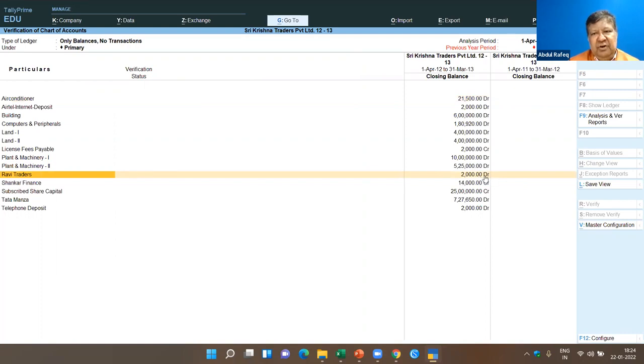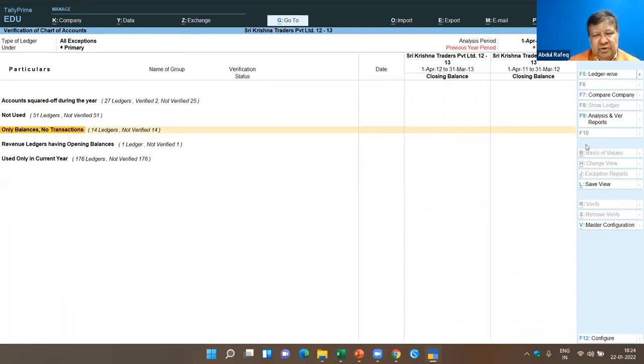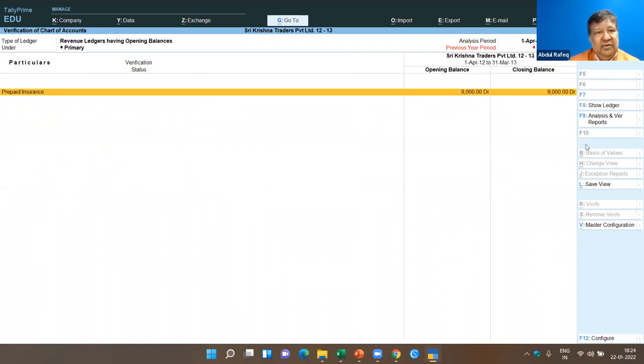So it means probably they have not paid for more than a year, which means maybe this has to be written off. So you can decide based on this scrutiny what action is to be taken. Similarly, revenue ledgers having opening balances. Now, if the revenue ledger, for example, prepaid insurance,